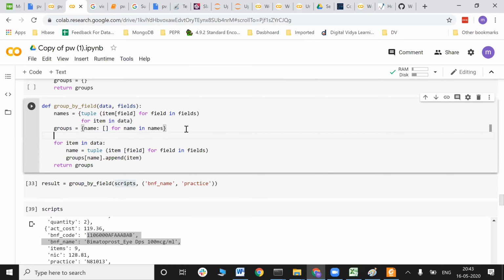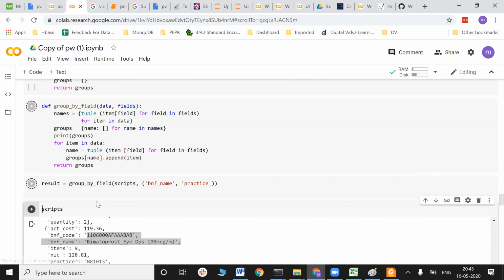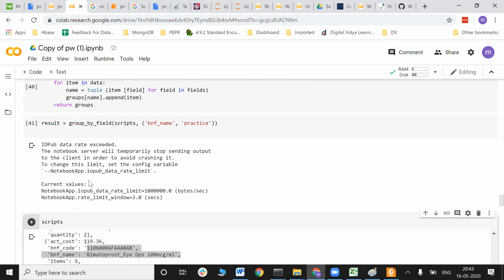So if you want to see here, I can just show you. Right, groups. And then you can run this. Now you can see here that this is getting printed for every single value.